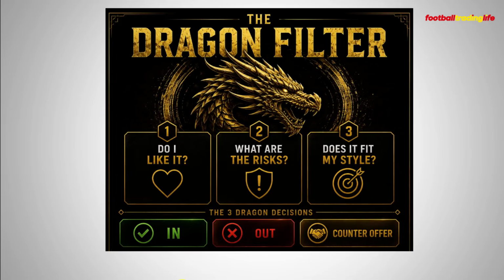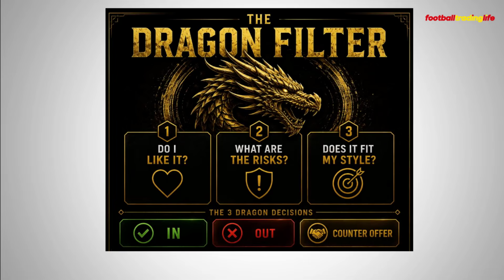Move on, okay? The third one is the counter offer, and you see this quite a lot in the show, The Dragon's Den, where, yep, the opportunity looks good, but maybe it's a little bit risky. So maybe in the show, they might want to get a bigger percentage of the business, or just do something that would lower the risk for them. And now you can do the same with regards to what the AI puts out as a trading opportunity. And this is what most of the pros are doing.